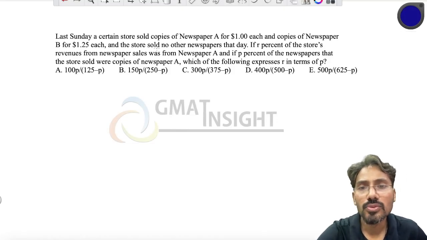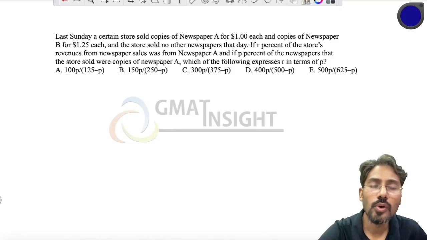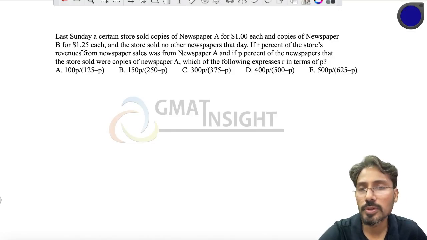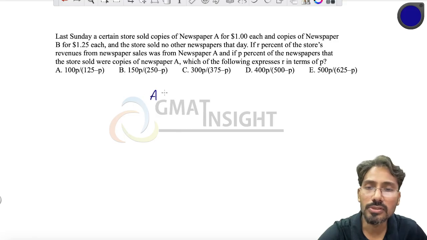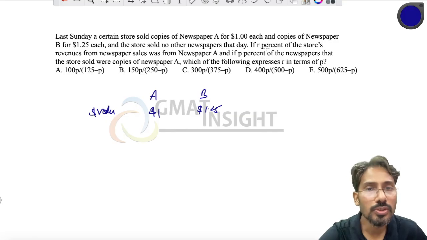Last Sunday, a certain store sold copies of newspaper A for $1 each and copies of newspaper B for $1.25 each. So, the dollar values of the newspapers are $1 and $1.25, and the store sold no other newspapers. If R% of the store's revenue from the newspaper sales was from newspaper A,